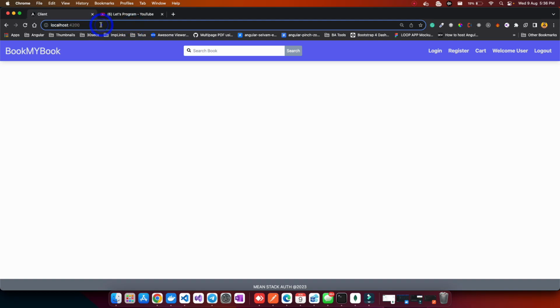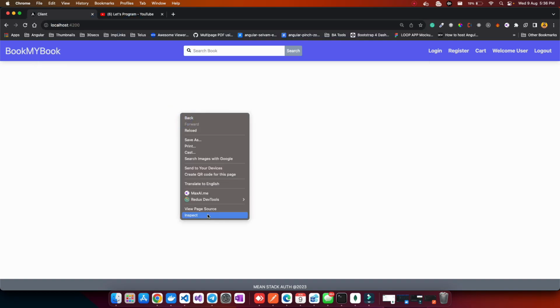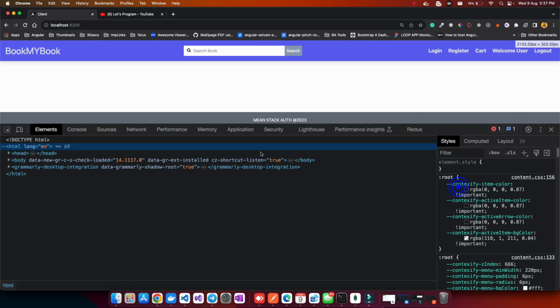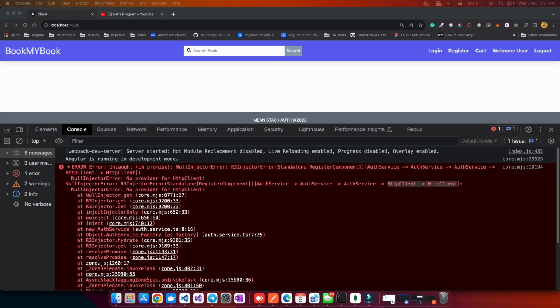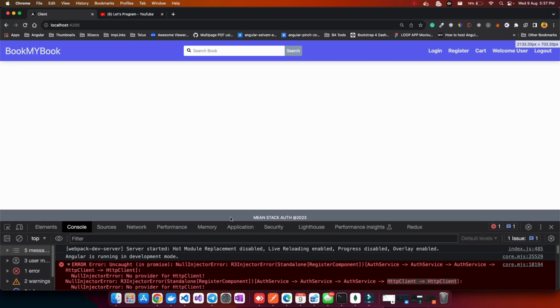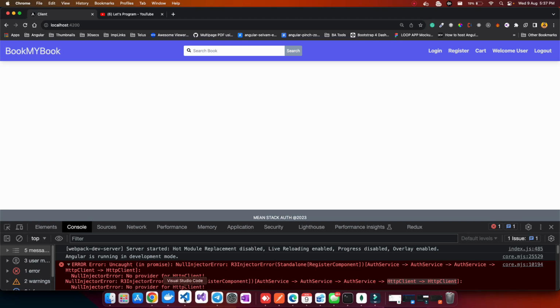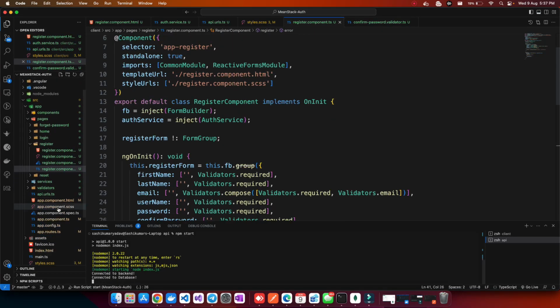This was slash register. Let's see what the error is. Yes, I can see, I'm getting this error that I'm using an HTTP client. Then remember we used to do something called importing HTTP client module. Yes or no? So how can we do that once we are using a standalone? To import the HTTP client module, there is a new way to achieve it. So go in your